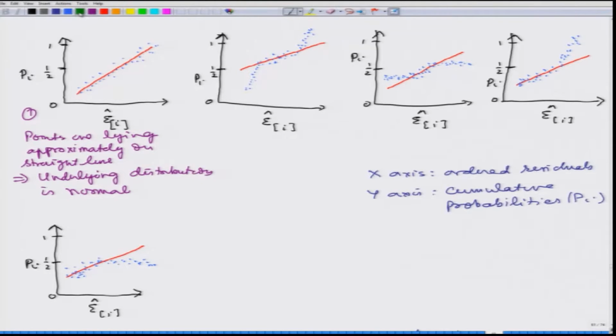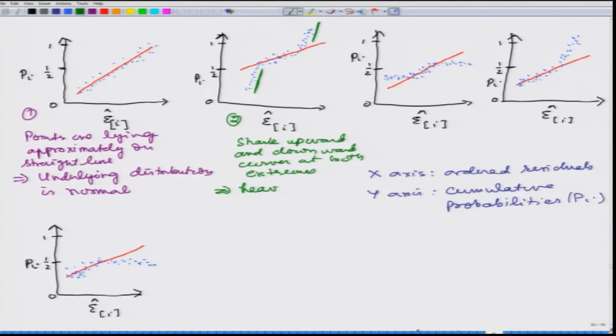And similarly, when we come to figure number 2, we can see that there is a sharp upward and downward curve at both extremes. You can see that on this extreme there is this sharp trend, and here another sharp trend. So this implies that the observations are coming from a distribution which has heavy tails, or the observations are coming from a heavy tailed distribution,